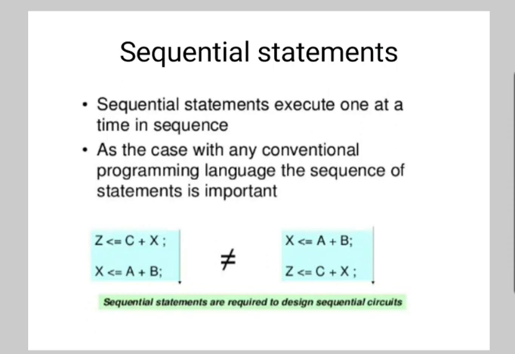Here we will just see the introduction of the sequential statement. The sequential statements execute one at a time in sequence. As is the case with any conventional programming language, the sequence of the statements is important.